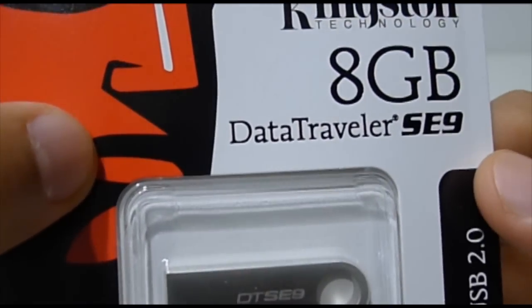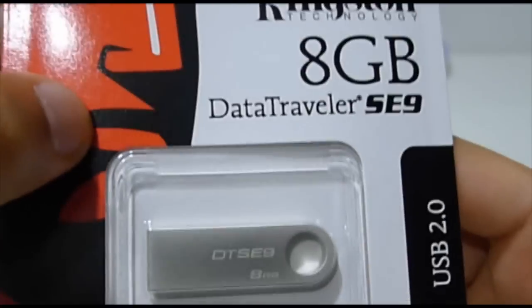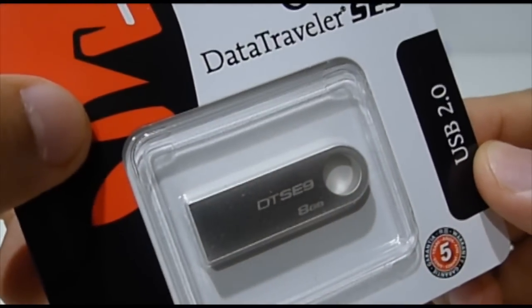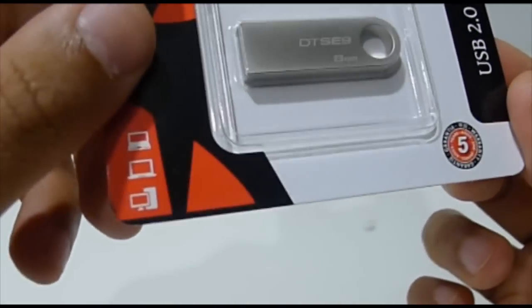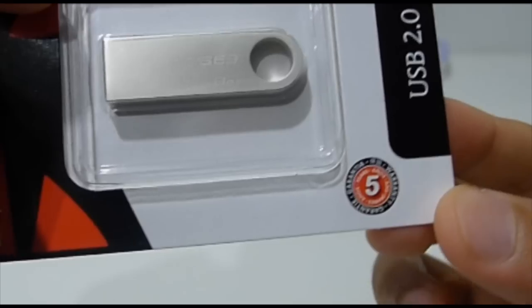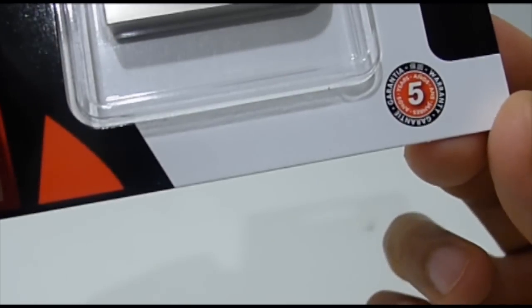It's Kingston Data Traveler SE9. It's a USB 2.0 pen drive, USB drive. Comes with, let's get a focus, 5 years warranty,